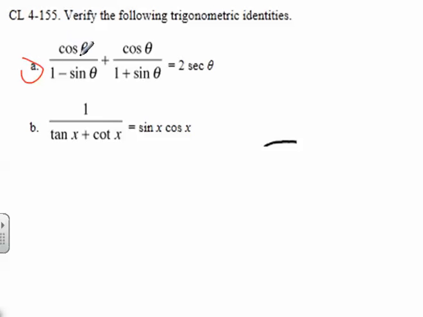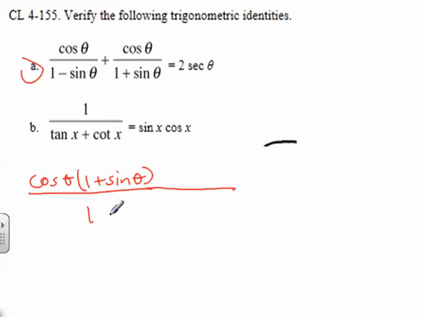Okay, the only thing I can think of here is to make a common denominator. This is one minus sine, that one's one plus sine, so I'm going to need to multiply this by 1 plus sine over 1 plus sine. So when I do that, I'm going to end up with the cosine distributed across that. So it's cosine of theta times the 1 plus sine of theta over this times this, because we've got a common denominator, and these multiplied together make 1 minus sine squared theta,